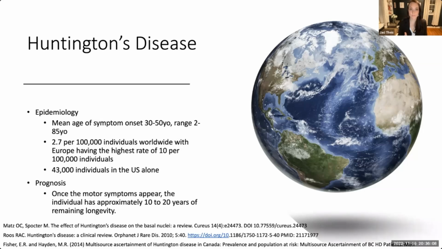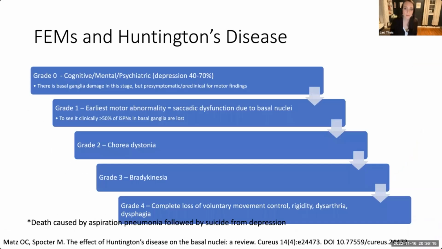And so it's important that we can figure out a way to diagnose it sooner and intervene sooner and develop drugs to help prevent the degeneration if we can. When you look at the progression of fixational eye movements and eye movements in general in Huntington's disease, if we think back about the pathophysiology of microsaccades, we know that the inhibition of saccades starts in the basal ganglia. And so if the basal ganglia is going to have damage to it, then we know that we're going to have issues with our fixational eye movements as well as our saccades in this, the earliest kind of